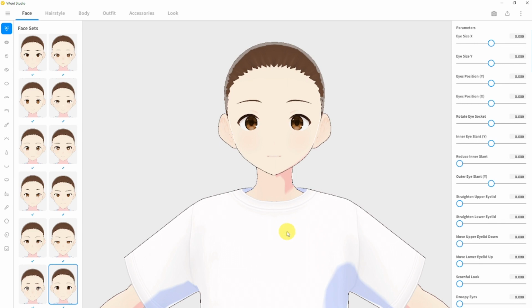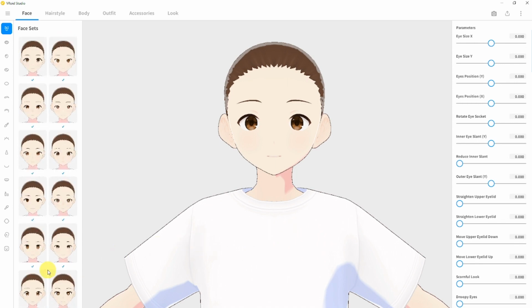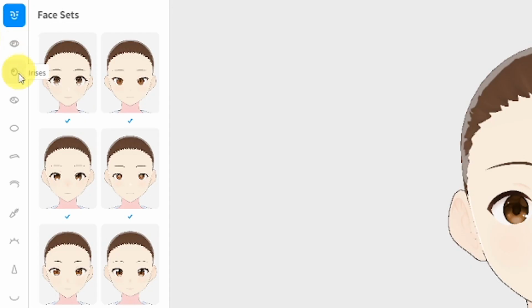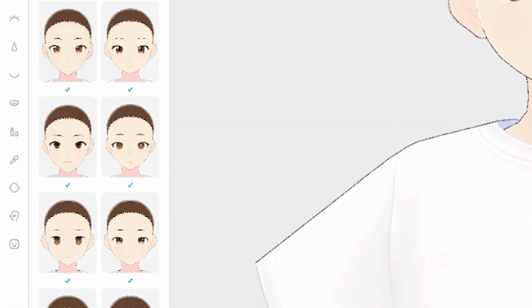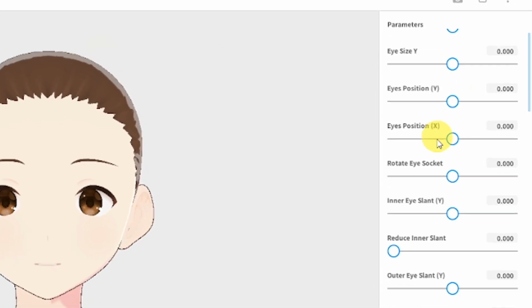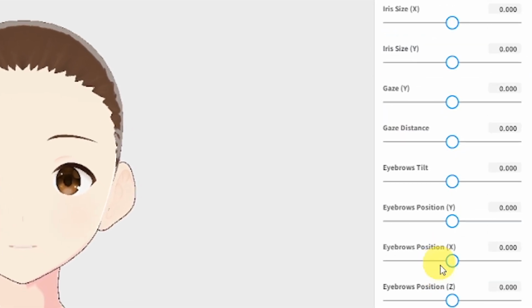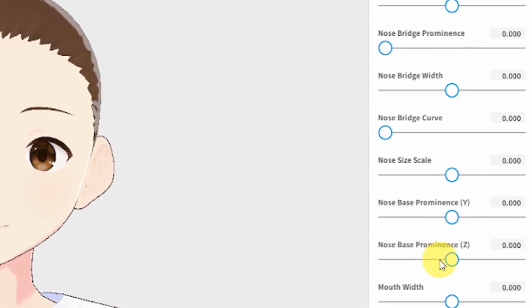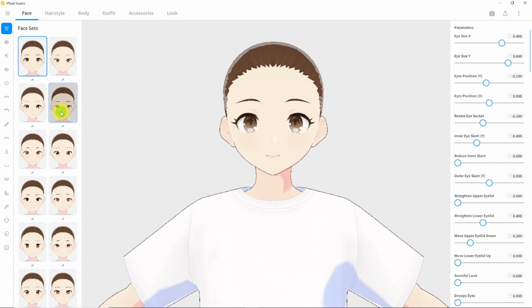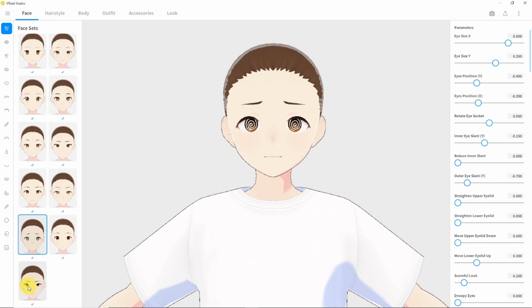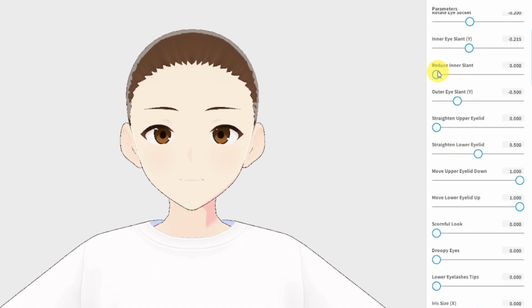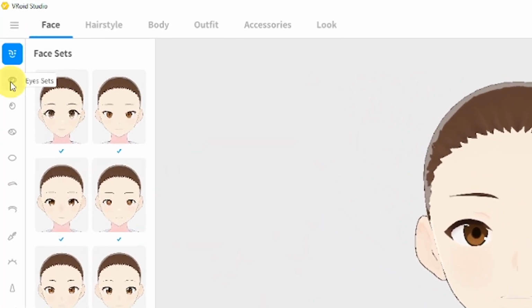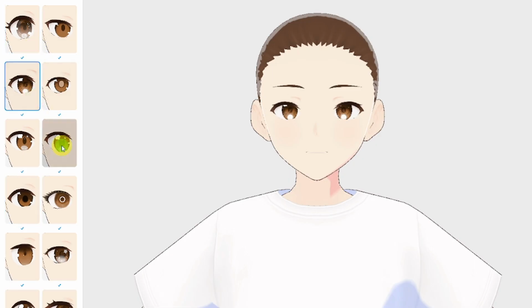Let's start with the face tab. The face is very customizable, with all of these different facial features broken into individual subtabs with presets, as well as slider tools that allow you to control and customize each preset drastically. You have full face presets that you can start with. Or you can pick each feature separately, such as full eye sets,